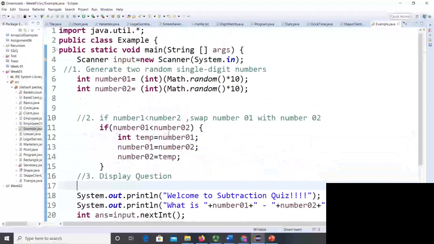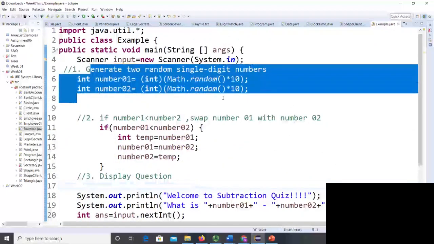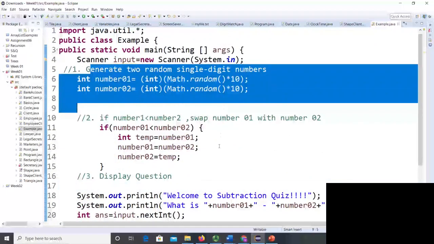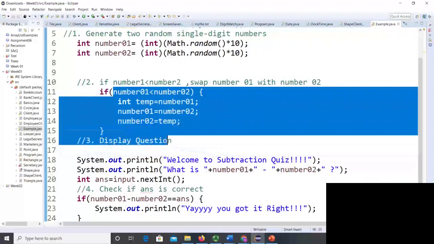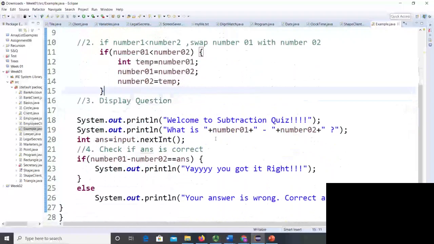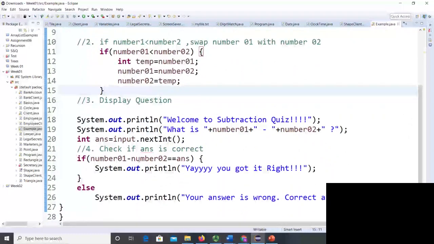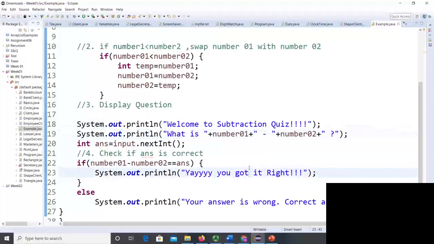So this is how you will create random numbers for every type of quiz you want to create, whether for division or addition. For addition you won't need this if, because you don't need to check whether number 1 is less or greater. This is just one teeny tiny part. You just change this symbol to check and display. Wherever you have displayed the negative sign, you will change that to a plus sign, multiplication, division, anything you are creating a quiz for.